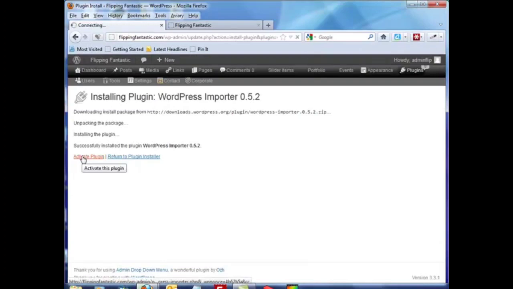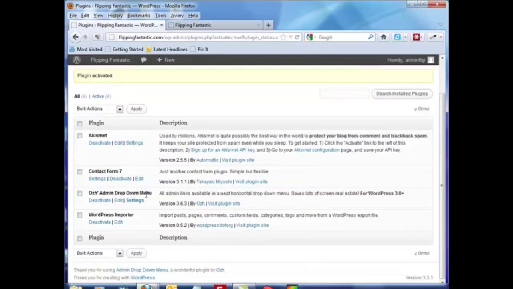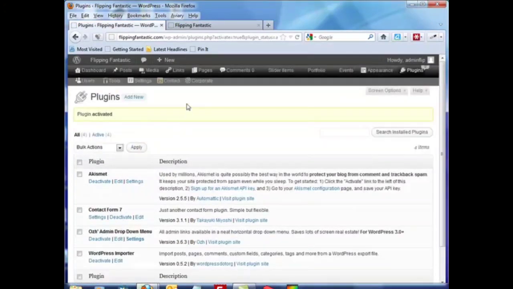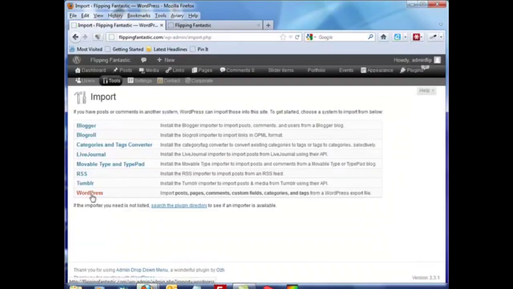We're going to install and activate. You're going to get sick of me doing this. And if you don't know how to do this by the time I'm done, you're in deep, deep trouble. So anytime you want to import anything, you go to Tools and Import and click that. Now, if I hadn't already installed the importer, it would ask me to do that once I click WordPress. Now, I have dummy content in XML files,